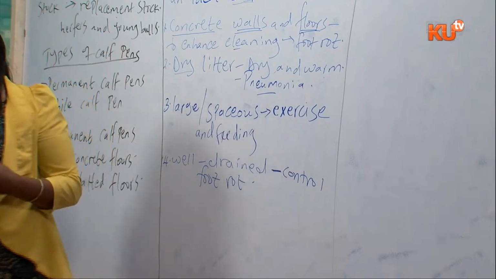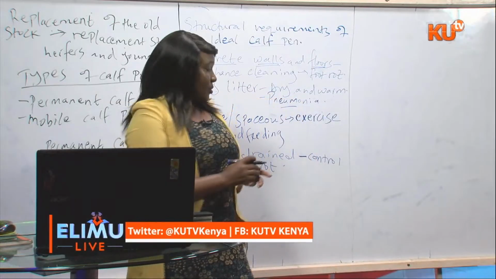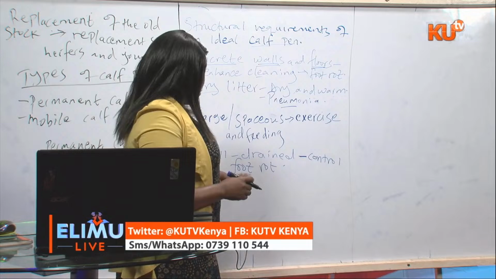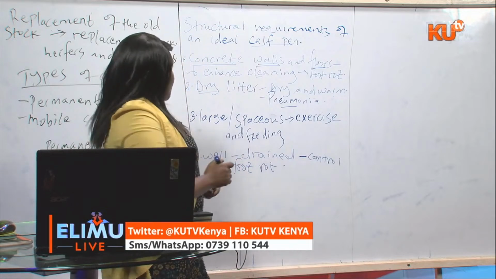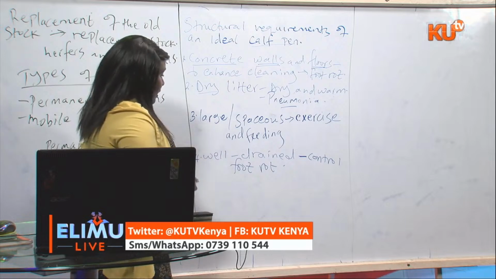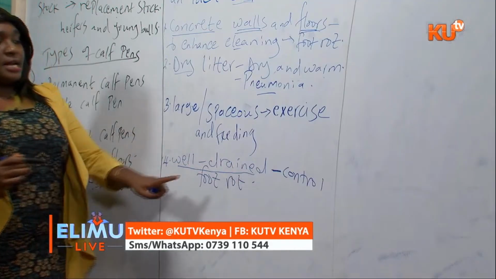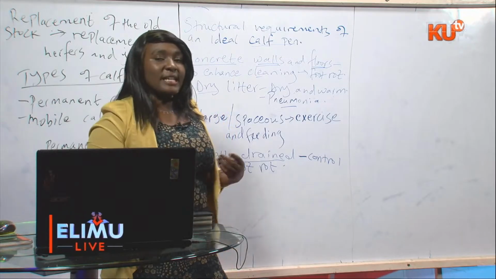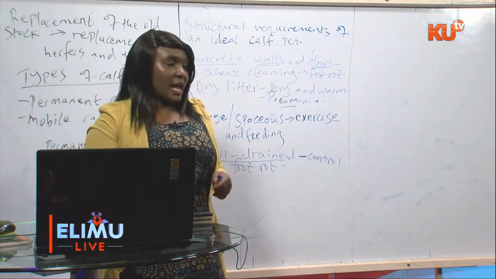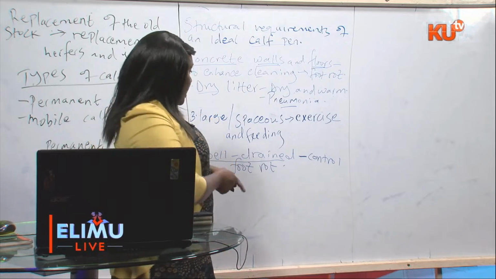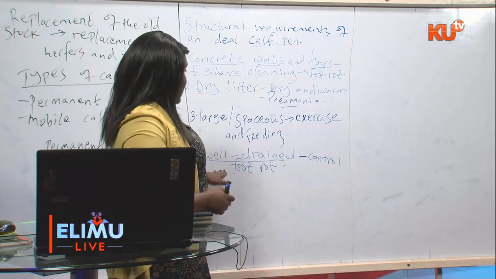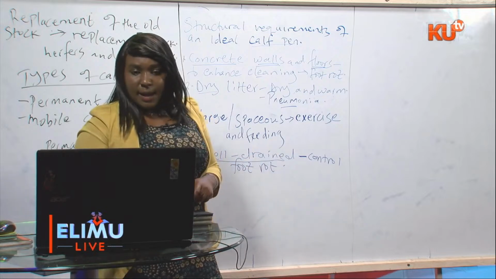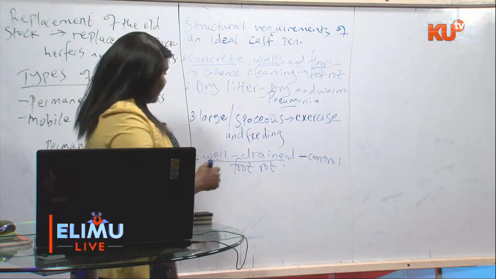Foot rot is a disease that is caused by bacterial infection. That bacterial infection can be brought about by wet and damp conditions that you don't want to have in our calf pen. So that is the fourth point. You should site your calf pen on a well-drained area. Not when it rains, just a slight rain, you realize that the place is getting so mushy. So we need a place that is well-drained in order to facilitate an environment that cannot harbor diseases like foot rot. Number 5th point is the idea of